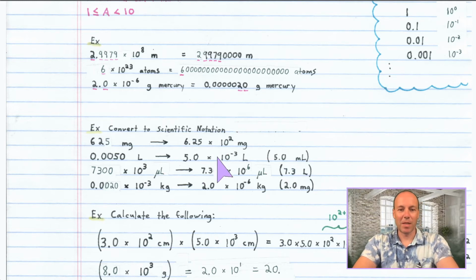So 10 to the minus 3 liters, that's 1,000th of a liter, that's a milliliter. So you have 5 milliliters. Okay. The next one